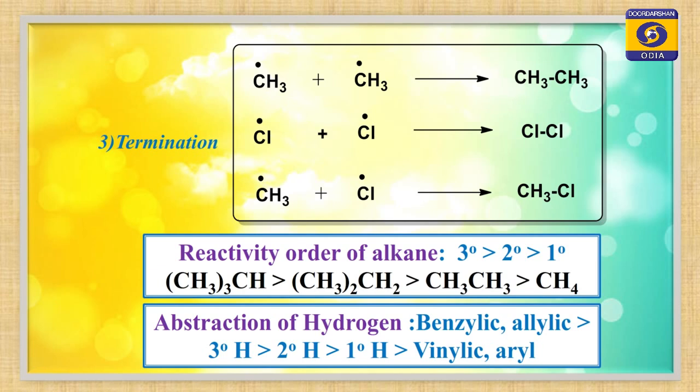Means what? Two free radicals, CH3 dot and CH3 dot, recombine, because in the reaction system you have CH3 dot free radicals and Cl dot free radicals. So two CH3 dot may combine to give you C2H6. Similarly, Cl dot and Cl dot may combine to give you Cl2, or CH3 dot plus Cl dot may give you CH3Cl. That means during termination you are getting methyl chloride, ethane and similar products like Cl2.